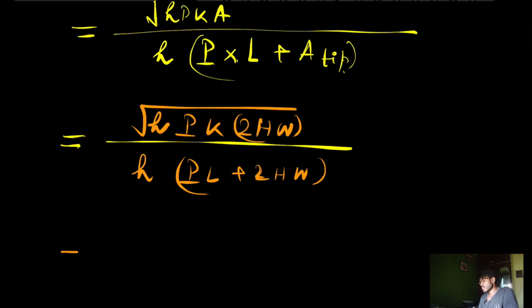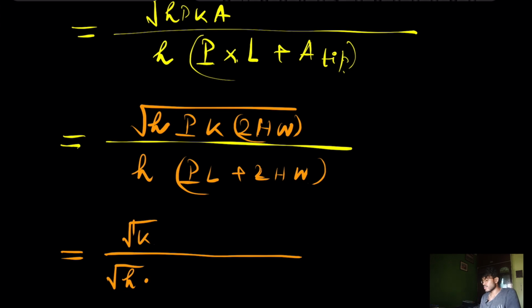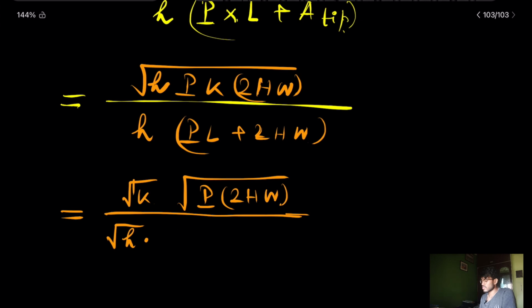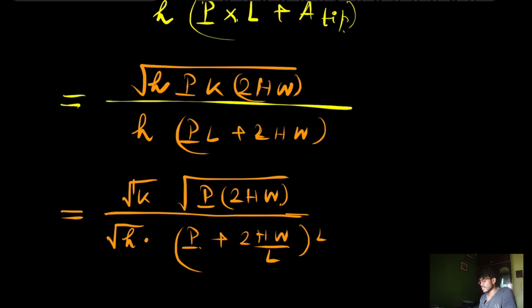So now what I can do is, obviously I will be having 1 by root H here, so let that be aside, and root K will be here also, so I will be having here P into 2H plus W, okay, right, and here if I take the L common, this will be 2HW by L, okay, if I take the L common here,